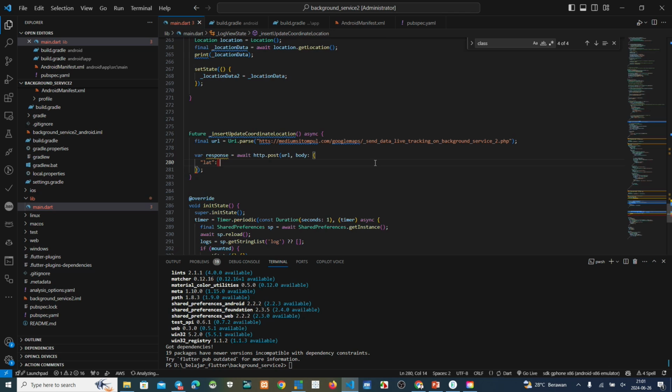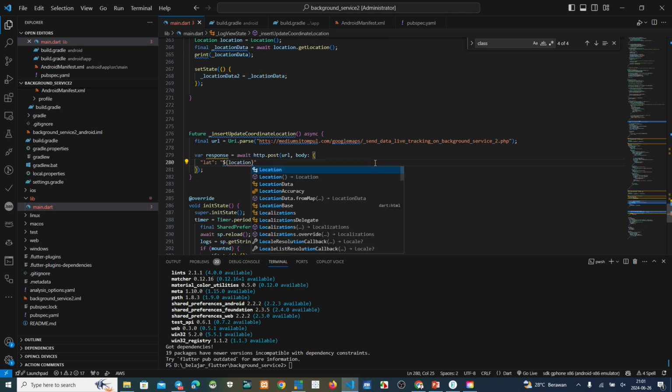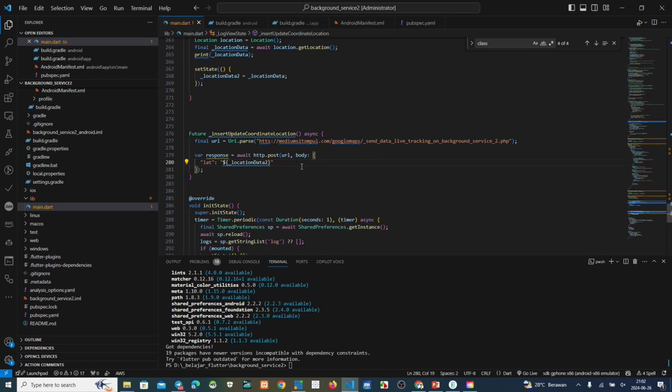Okay, the lat we receive from this one, location data 2. Underscore location data 2.